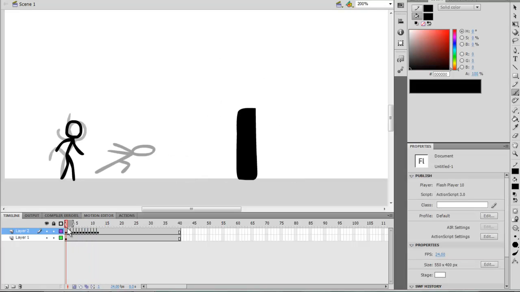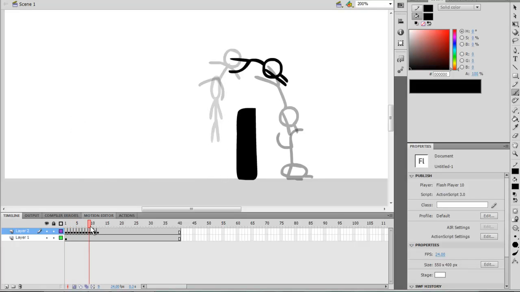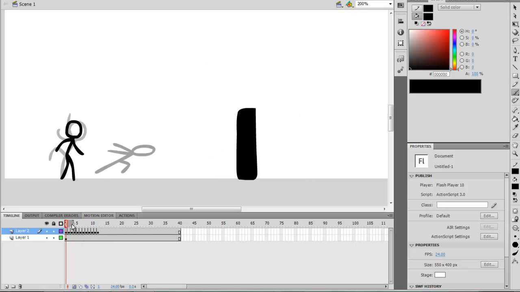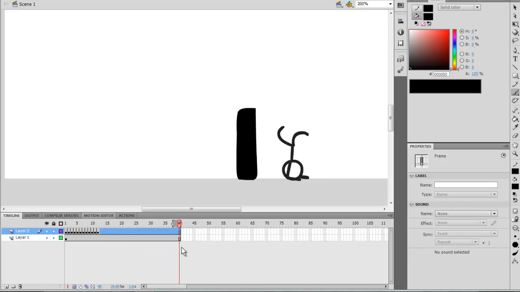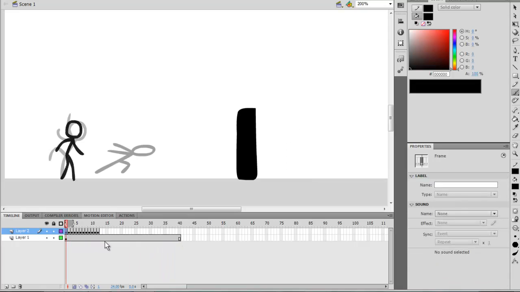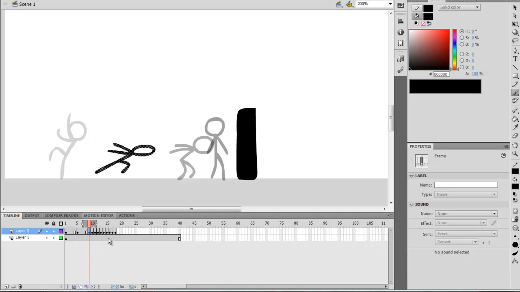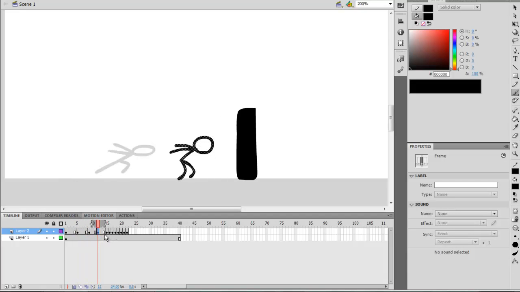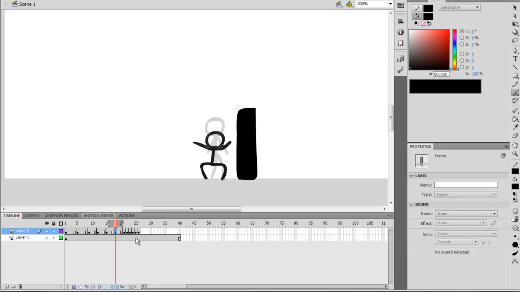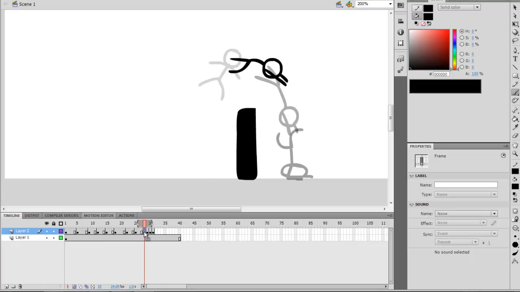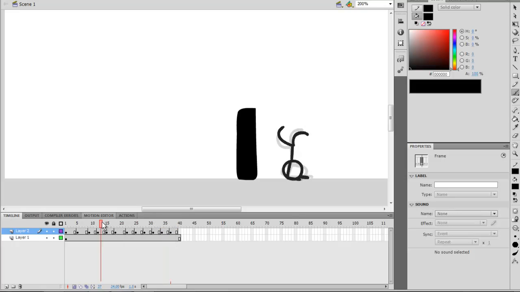So what we have to do now is we have to evenly space out these keyframes so that they work with the timing. So I'm going to delete all these with Shift F5, and then I'm going to press F5 until I see that there's enough space. Okay, it's going to be doing that for that many frames maybe, and then that's going to be kind of quick. He does that, does that. Yeah, I mean, you're going to change these later, so it doesn't really matter. I'm just going to add some frames. So when I look at it now,